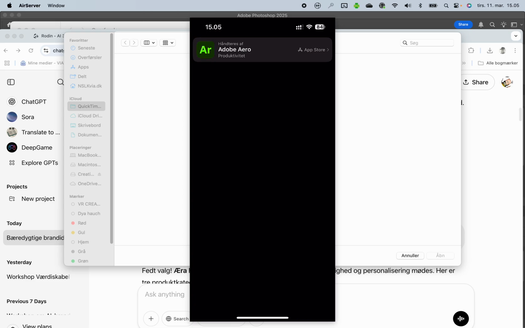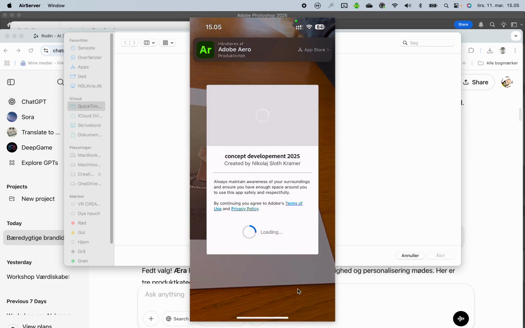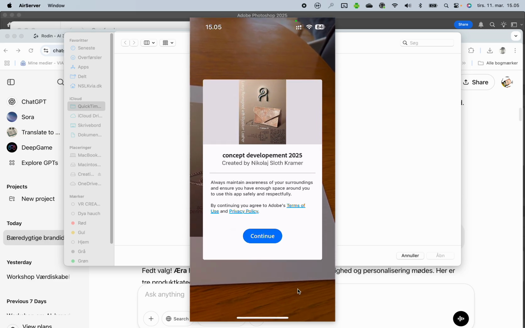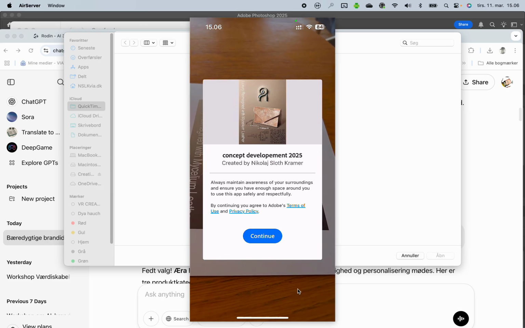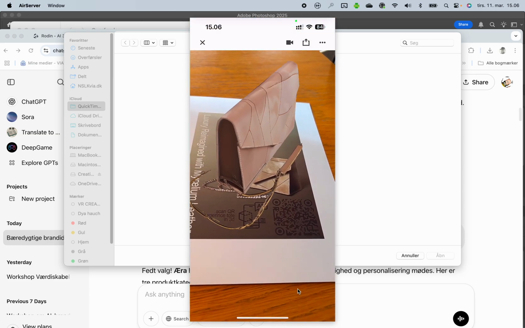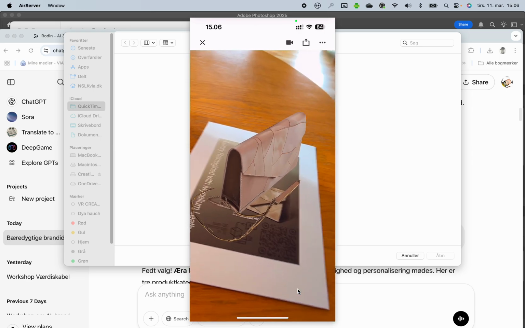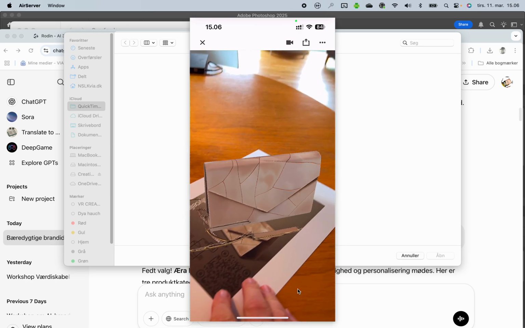And this, by the way, works both on iPhone and on Android. So it will ask me if I want to go into this concept here. I've called it concept development. You can call it whatever, and you can also replace the image here. But this image here makes it easier to sort of signify that I'm actually in the right place, and I can just press continue. And then it will access my camera, and now it's showing the product here in 3D,